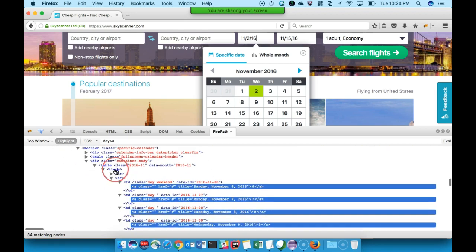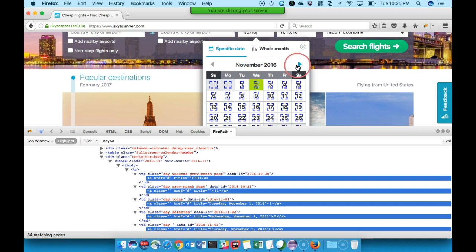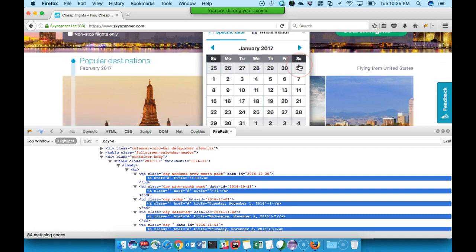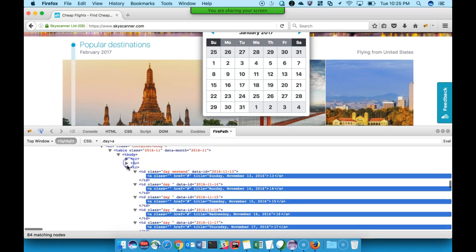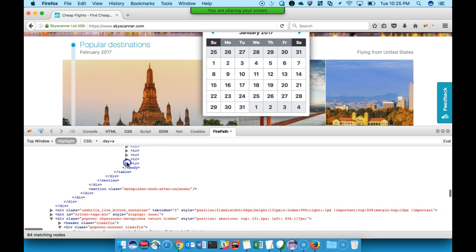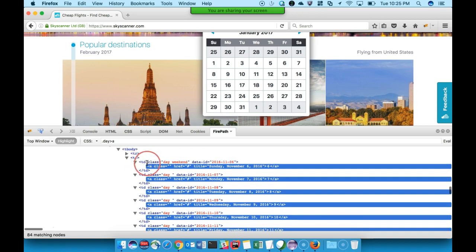It all starts with this table, and there are different things over here. If you want to select the month, we can use this next button and it will just take us to the next month. Inside this table there are rows, and if you go inside a row there is table data, and inside the table data, this is something important and interesting we can use to select a date.